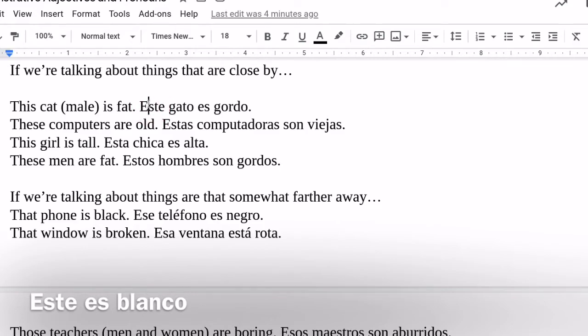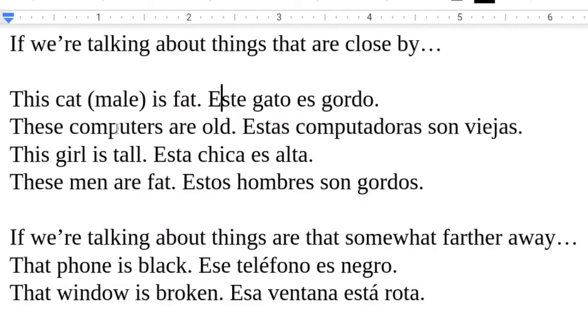So I'm going to say, este gato es gordo. These computers are old. Estas computadoras son viejas. Computers is a feminine plural noun, so I chose the feminine plural version of the word these. This girl is tall. Esta chica es alta,